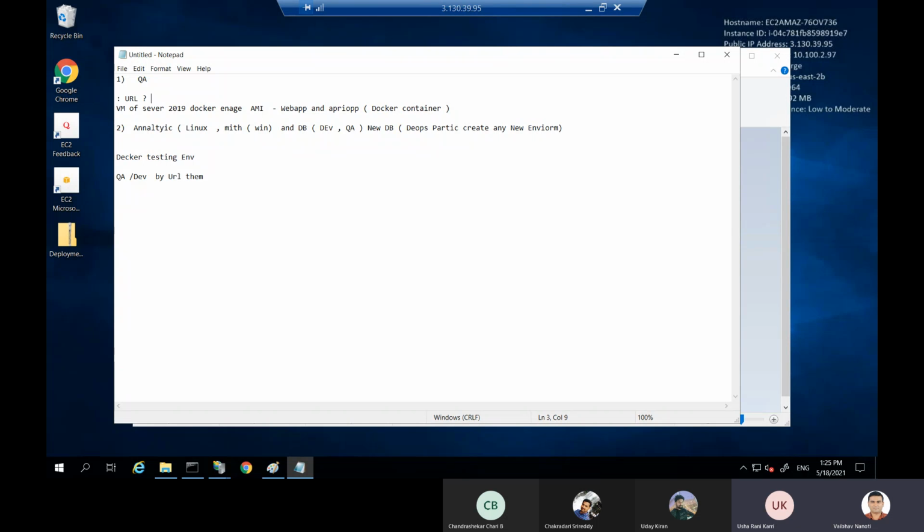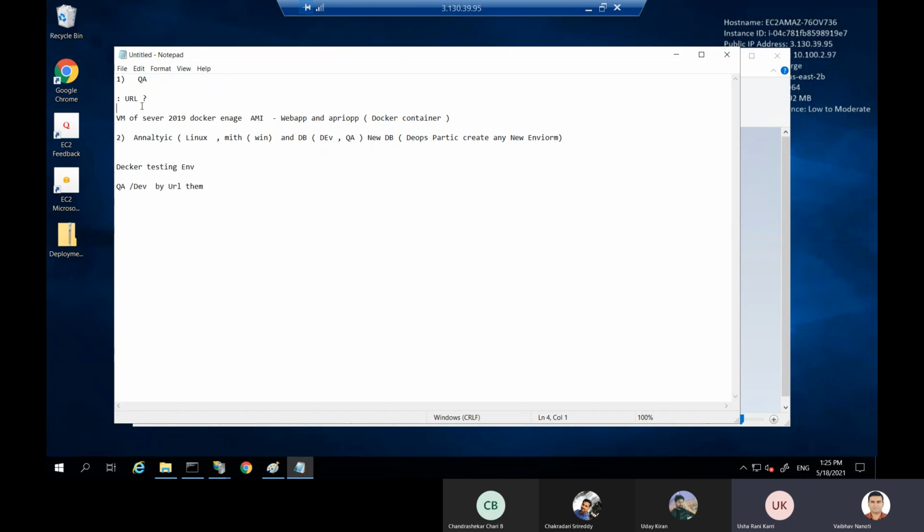So that URL you should provide to the QA or the dev, as Chandra will ask or tell us. They will check using the web app URL whether the web app is working correctly or not, and using the PeriOp URL whether PeriOp is working correctly or not.